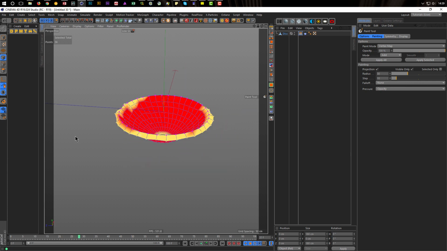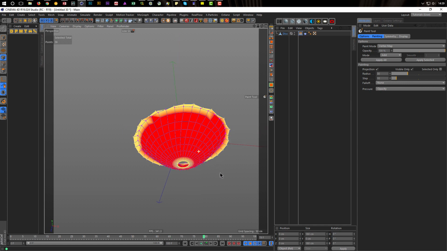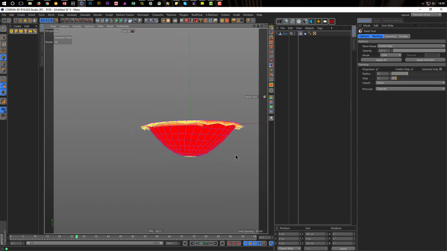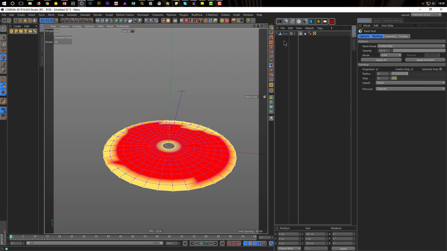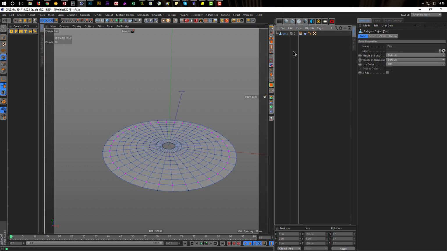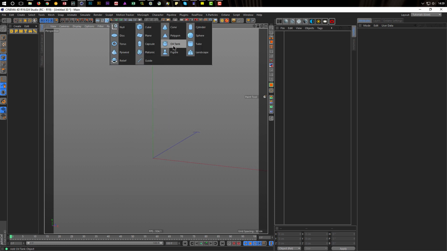Okay, you see we have this nice zigzag thing here, and so we have a nice flower here. But let's try the other way with the cone. So I delete this, but I like this way, but the cone is easier, I think. Let's go to the cone